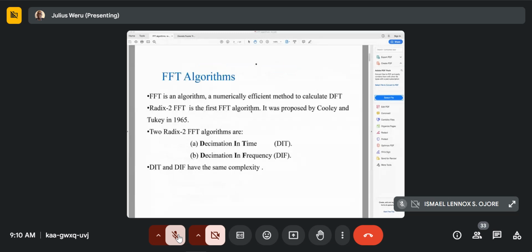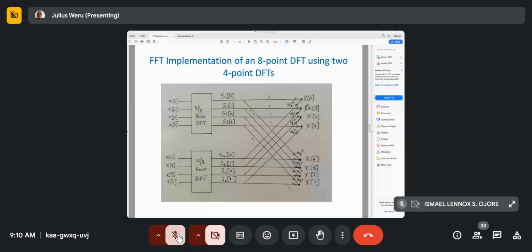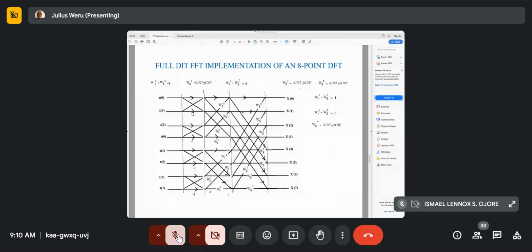But what I'm saying is, if you work it out, you're going to find that to get x1, because there are only two samples, but we are inputting sample 0, the 0th sample, and the 4th sample. If you put it as just two samples, you are going to see that the output here will simply be x of 0 plus x of 4,